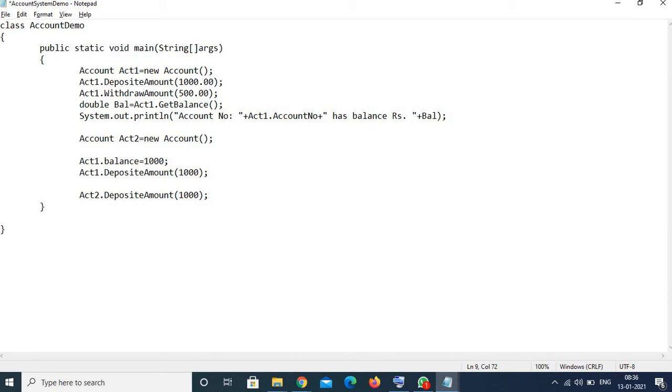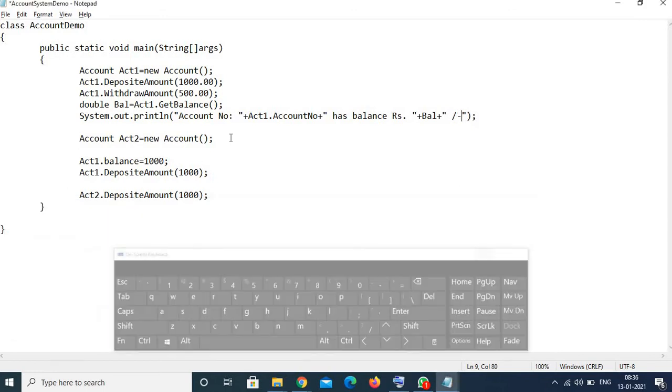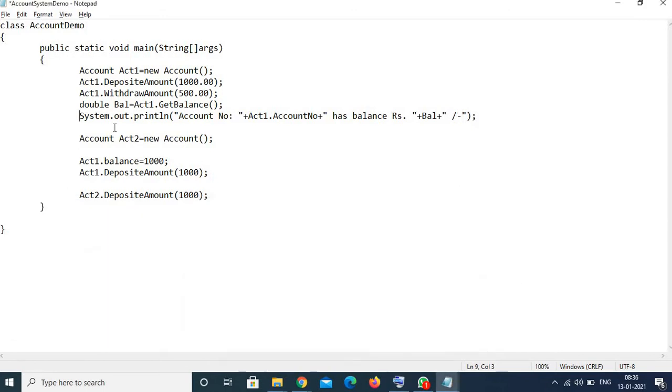And again I want to concatenate. Yeah, so this is the statement which I want to print. We will discuss this statement, don't worry.